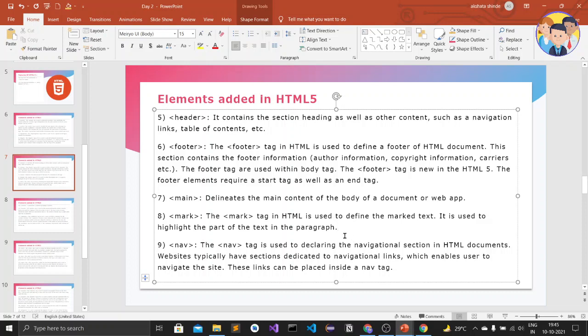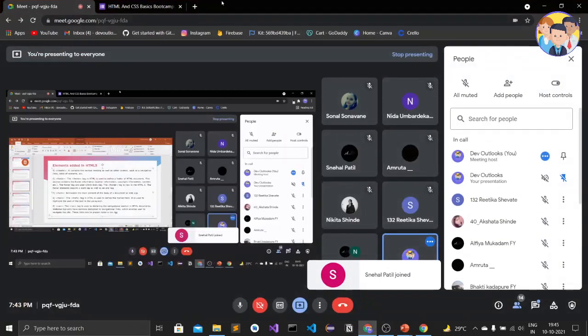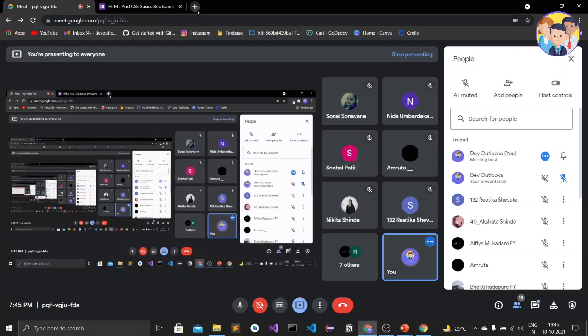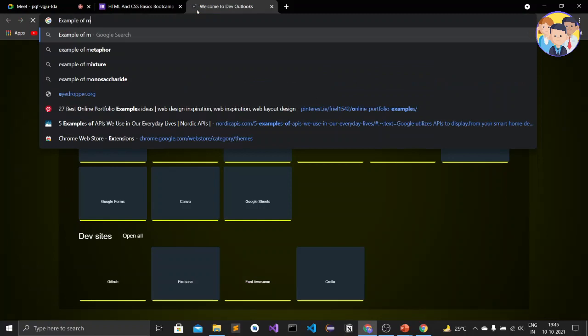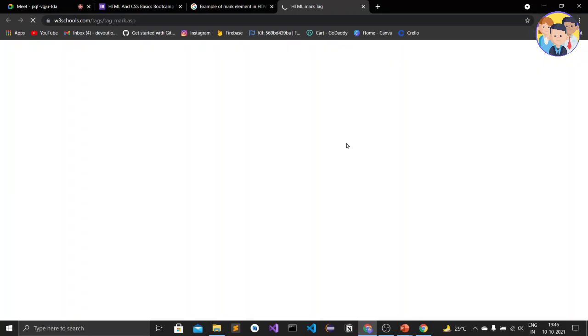Let's see the example of mark. Examples of mark element in HTML. Let's see. Yeah, here is the mark tag. Try it yourself. So this is what mark does. It has been highlighted in yellow color.